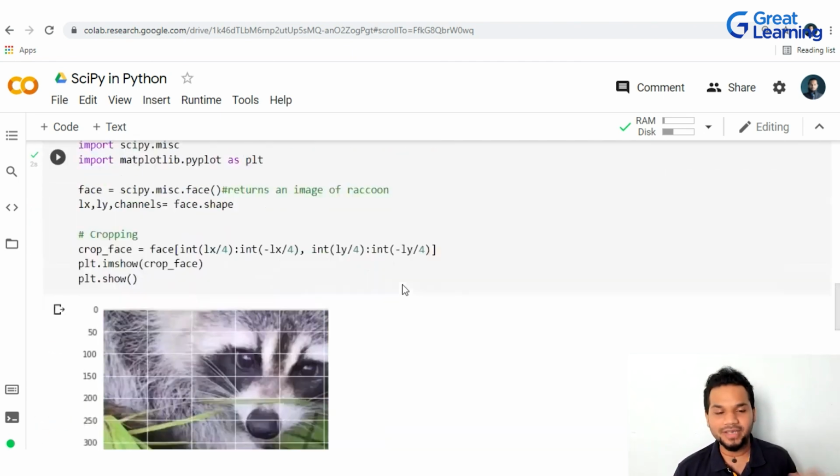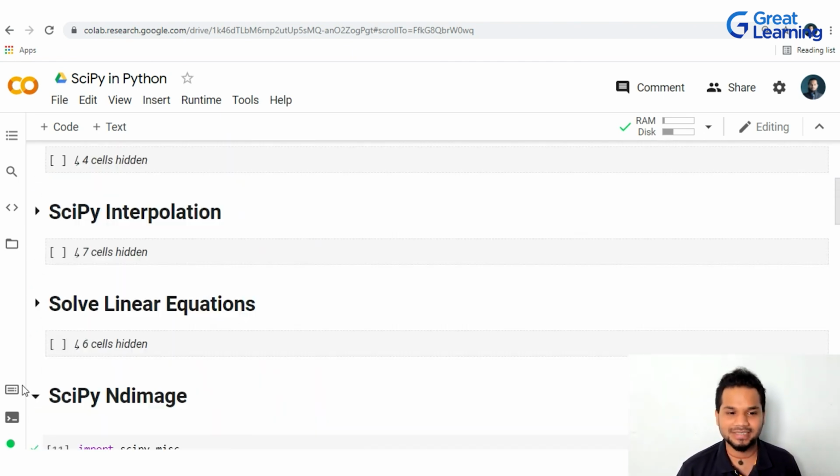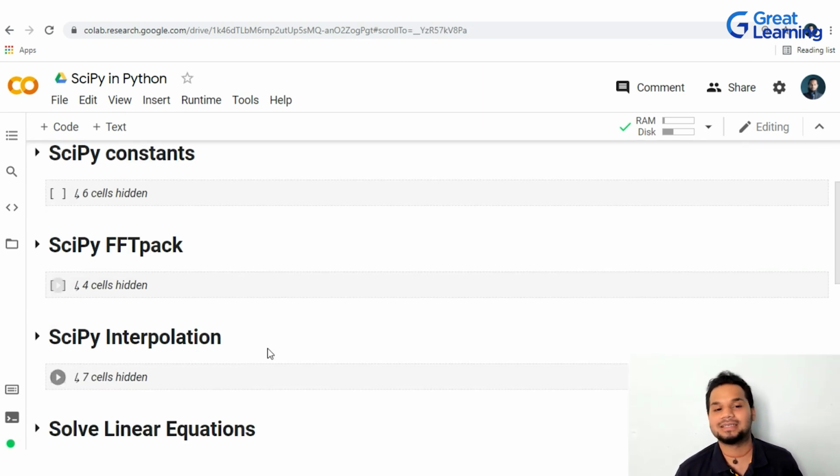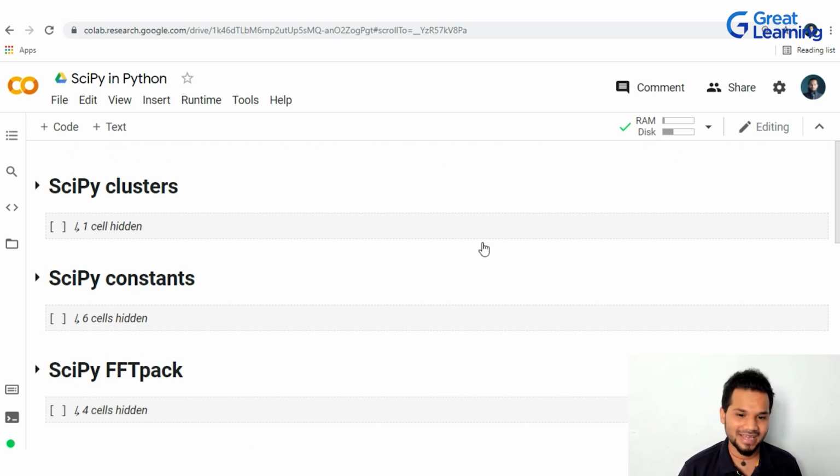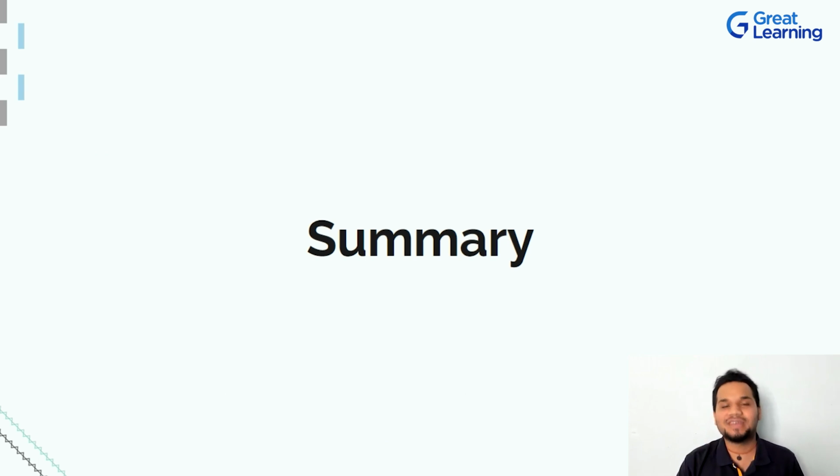So as you can see, working with even basic image operations, working with linear equations, working with interpolation, working with constants and clusters are very, very easy with respect to SciPy. So with this, we have come to the end of this course on SciPy and Python. I hope you guys are clear with everything that we have covered today. We started this course by understanding what SciPy is, why we require SciPy, where it is used, how good it is, how popular it is.